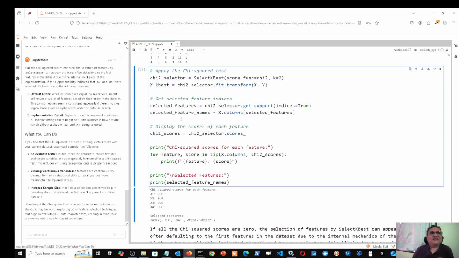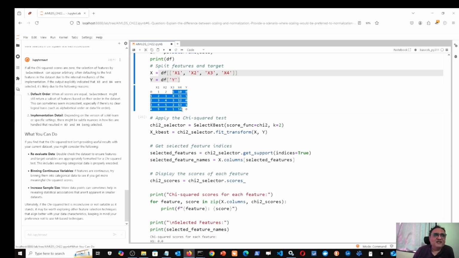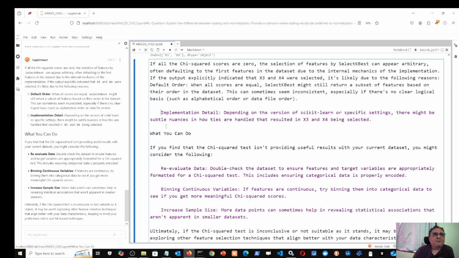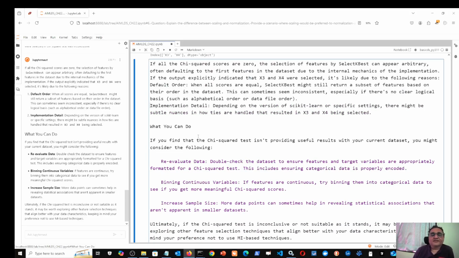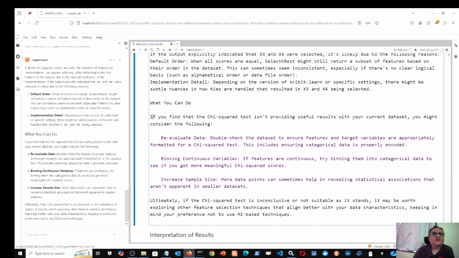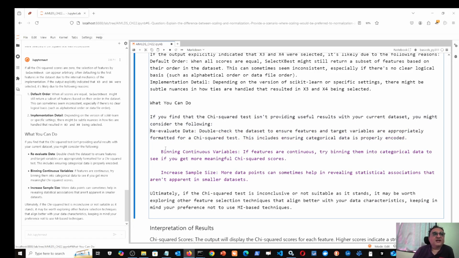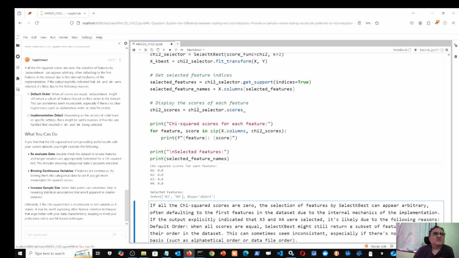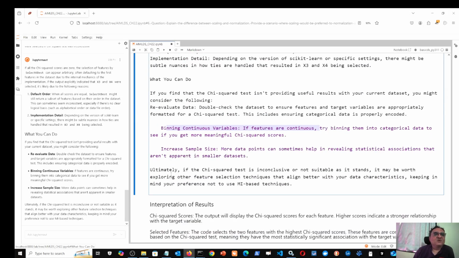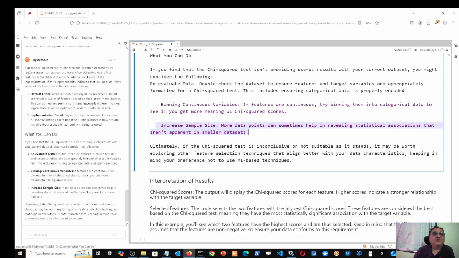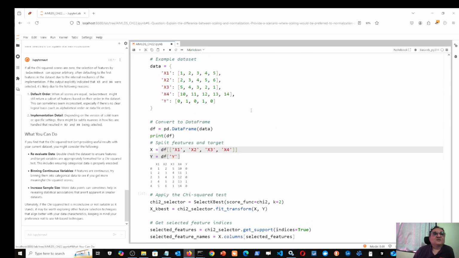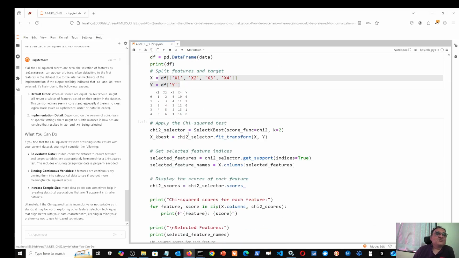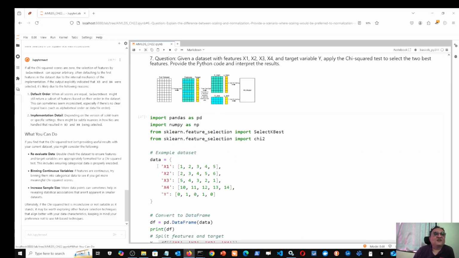So that means it has gone to that idea that bigger features have more impact on the target variable. Then implementation detail, depending on the version of scikit, that is okay. What you can do, if you want, is the following improvements: reevaluate the data, so that is fine. Binning the continuous values, now I don't have sufficient observations for binning, just hardly 5 rows are there. Or increase the sample size. Yes, that I can definitely do, because the chi-square test also requires a certain minimum sample size. So I can say that instead of this kind of data, it should have given me data which was